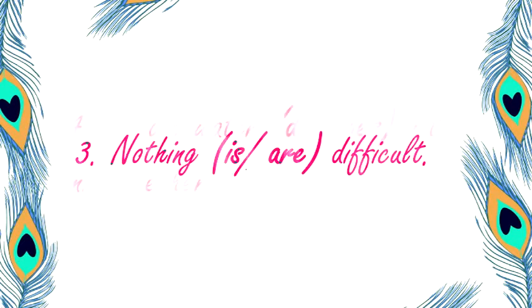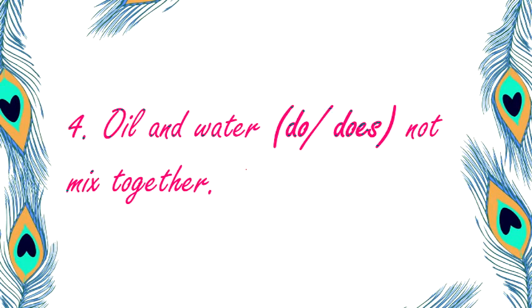Let us see next. Oil and water do or does not mix together. Now this is a negative sentence of simple present tense. Alright, we have done tenses as well. Yes, because we have the helping verb here, do or does. So that means this is a simple present tense. Now dear children, you know, because you have done the session on simple present tense in one of the videos, that do comes with plural subject and does comes with singular subject. Okay, so do is a plural verb and does is a singular verb.